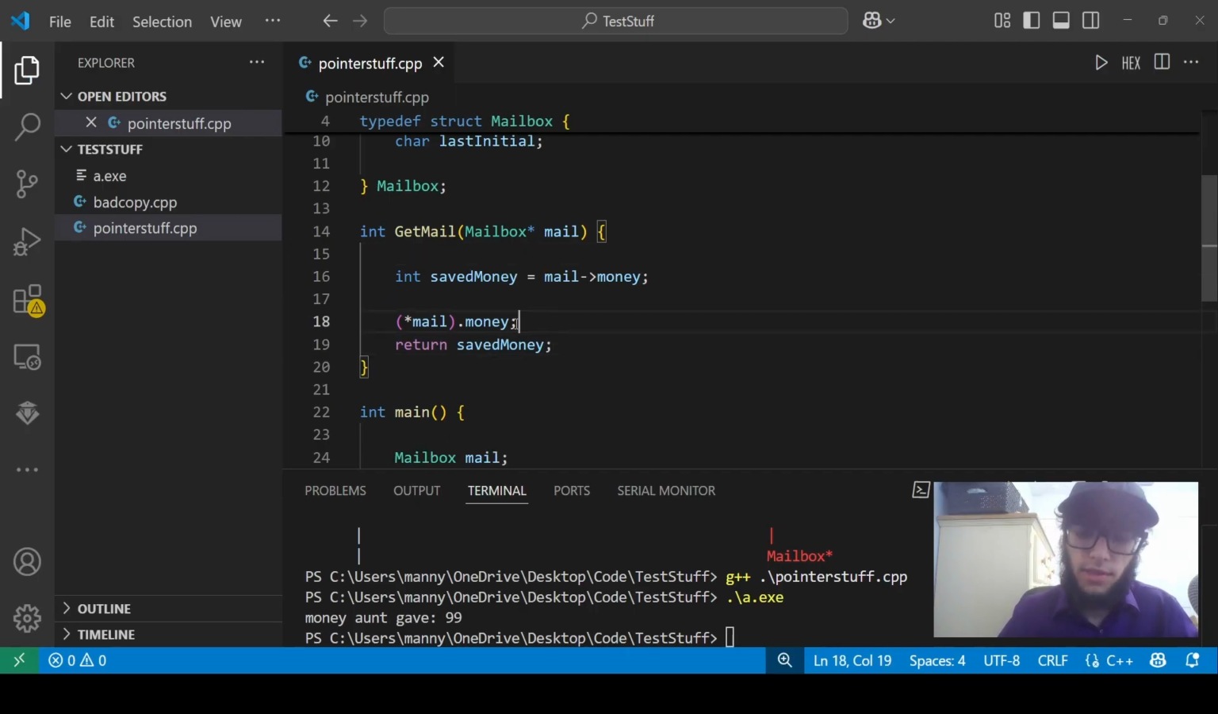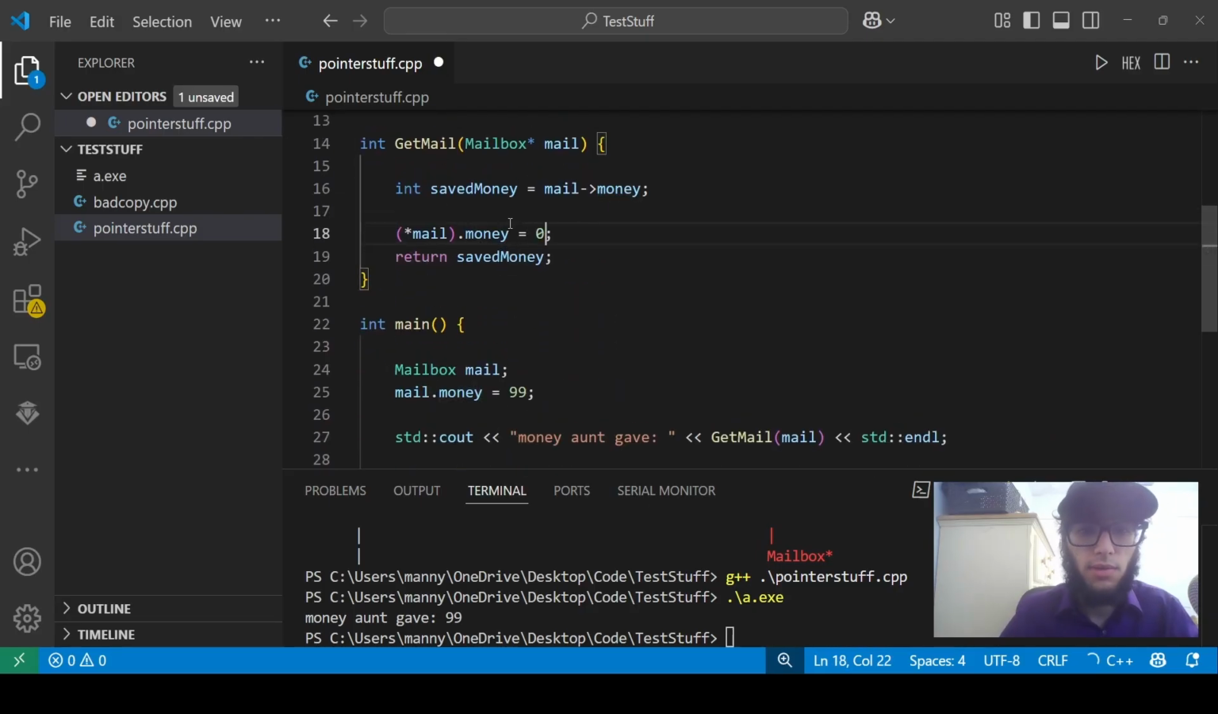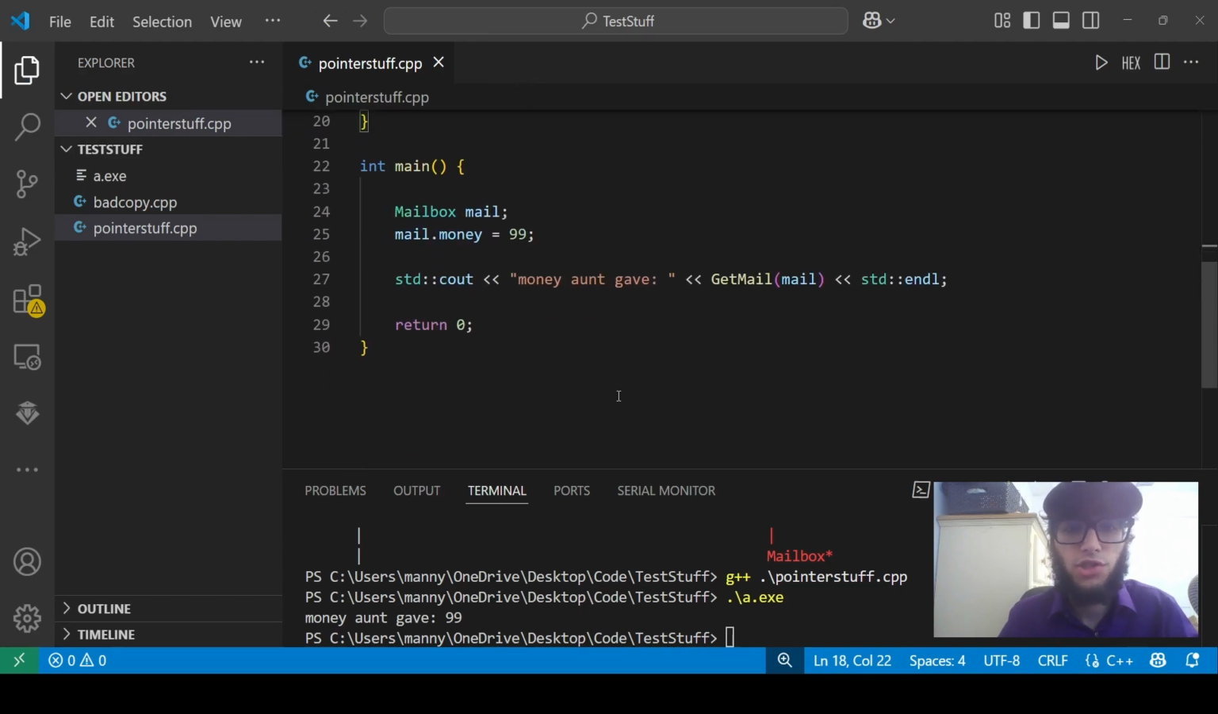So we're going to use that to set the money equal to 0. And the last thing to change is just the get mail call, where right here we need an ampersand. Told you we'd get back to that. So the ampersand is just how you get the memory address of a variable inside of C++. And